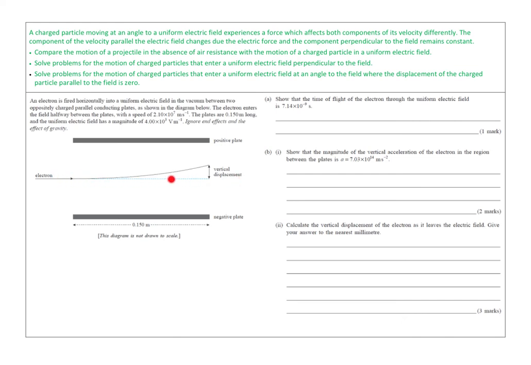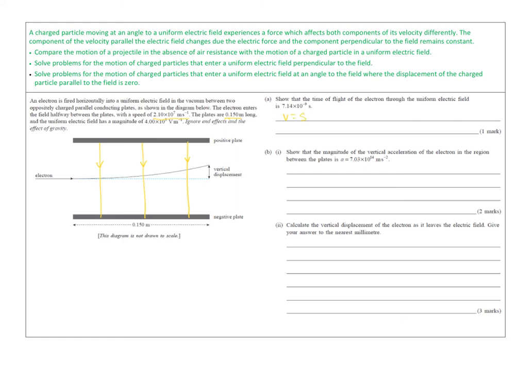So no force acts perpendicular to the field. By that, the field is going to be here looking something like this, I won't put too many lines in. The field will be downwards because it goes from positive towards negative. No force in that direction. We know that the initial velocity is 2.1 times 10 to the 7 metres per second, and we know the length, so we can basically go